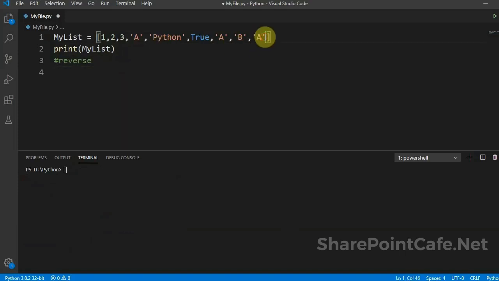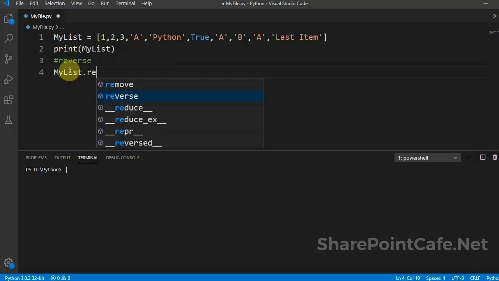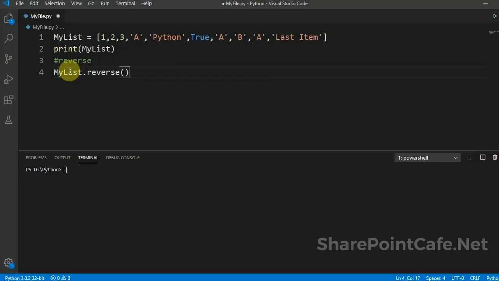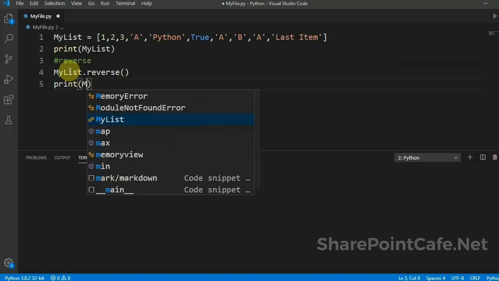Now we'll see the reverse of this list. I have added one item, last item, so that we can check the reverse of the list. mylist.reverse. This is the function available in Python. Now I will print the list.